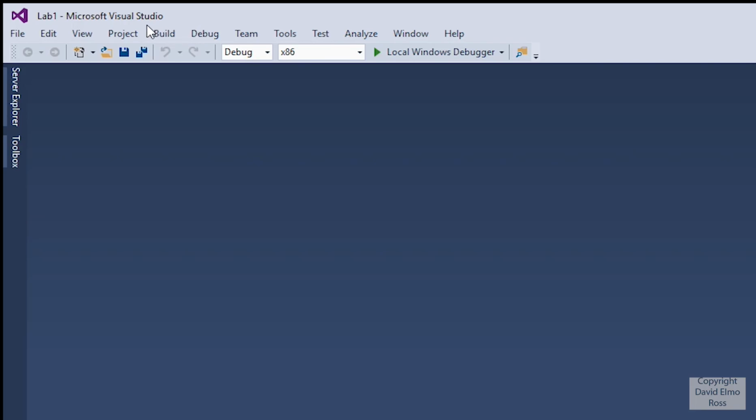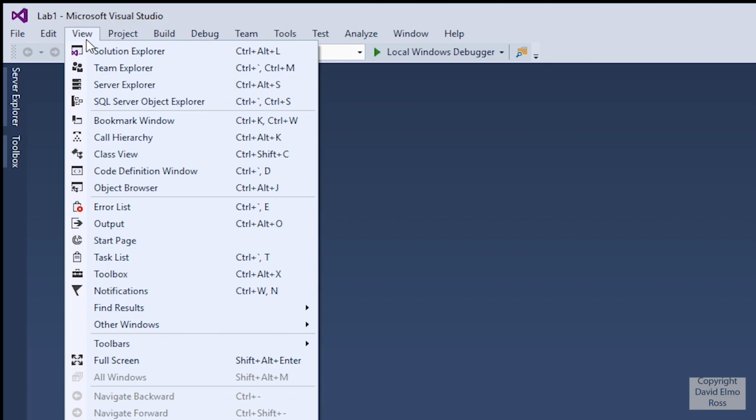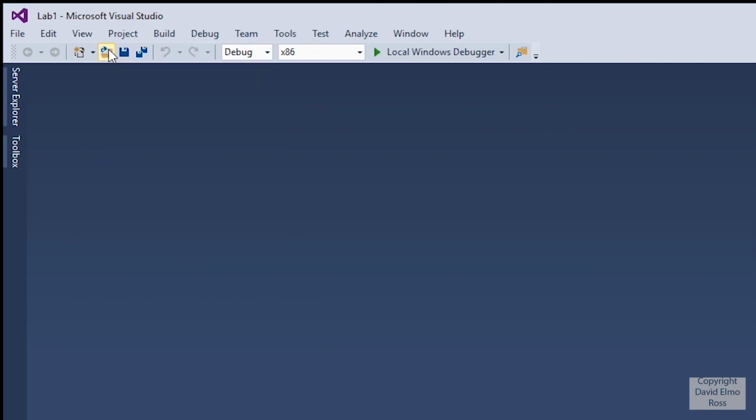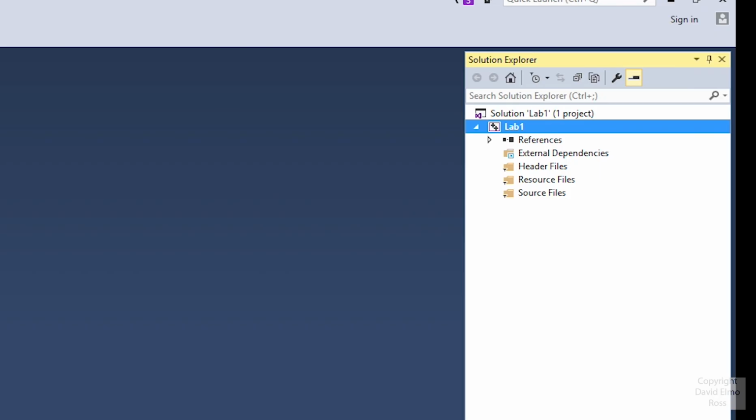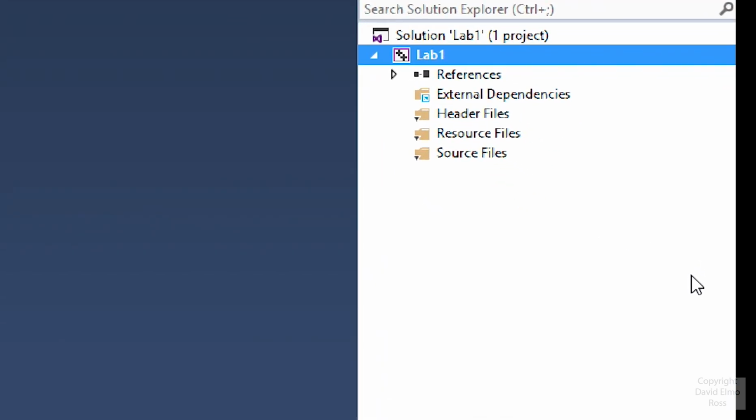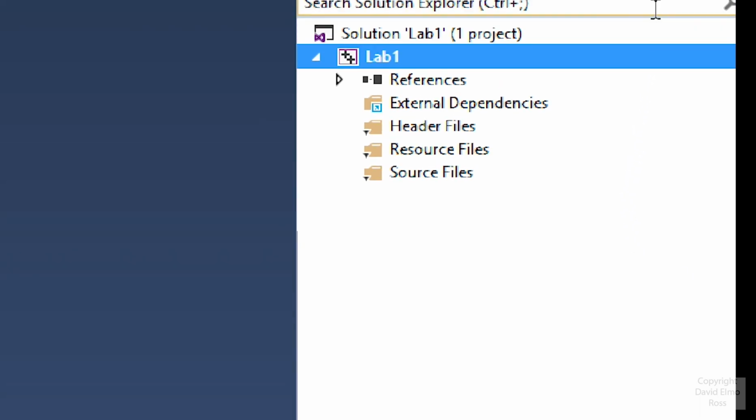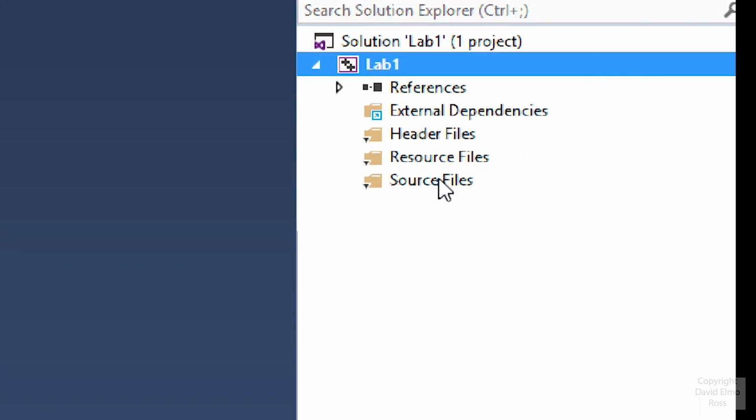When you start up Visual Studio, one of the first things you have to do is make sure you go to View and you go to Solution Explorer. You're going to need a Solution Explorer for everything that you're going to do. Now if we take a look at Solution Explorer, here's our Lab1 project, and if we want to create a